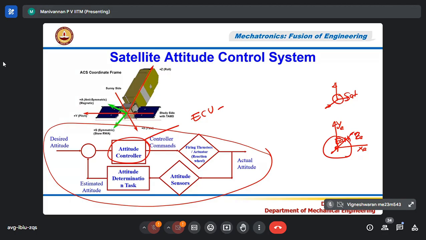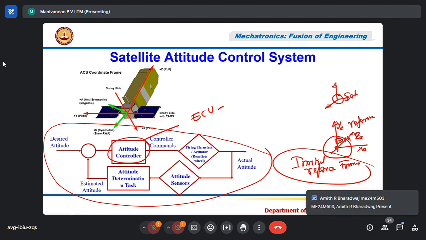Okay, this is called a reference frame. In fact, they use what you call an inertial reference frame, which is with respect to stars. But for understanding better, I said with respect to it has to maintain. So then it has to maintain this height also,